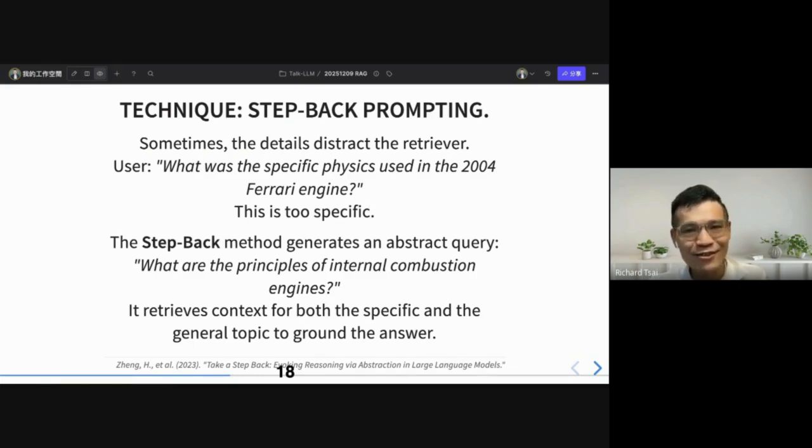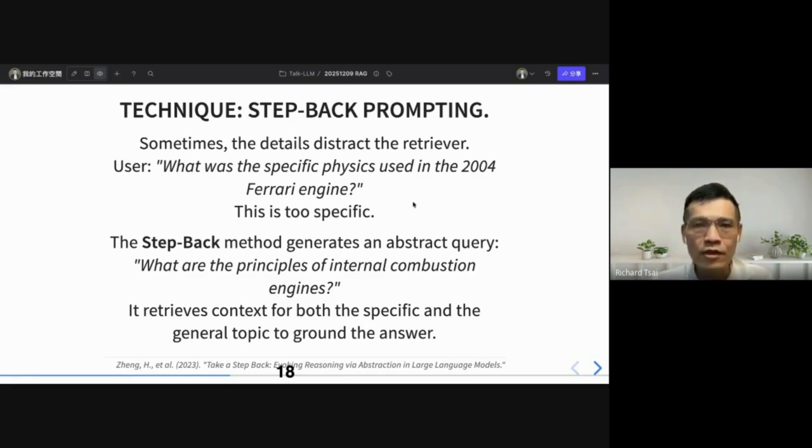And this Sunday, we just saw the F1 race in Abu Dhabi, right? The step-back method generates an abstract query: "What are the principles of internal combustion engines?" And it retrieves context for both the specific and the general topic to ground the answer.